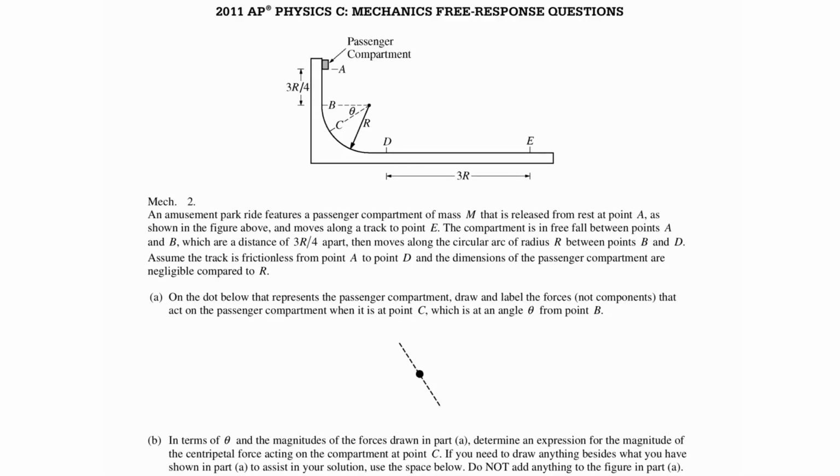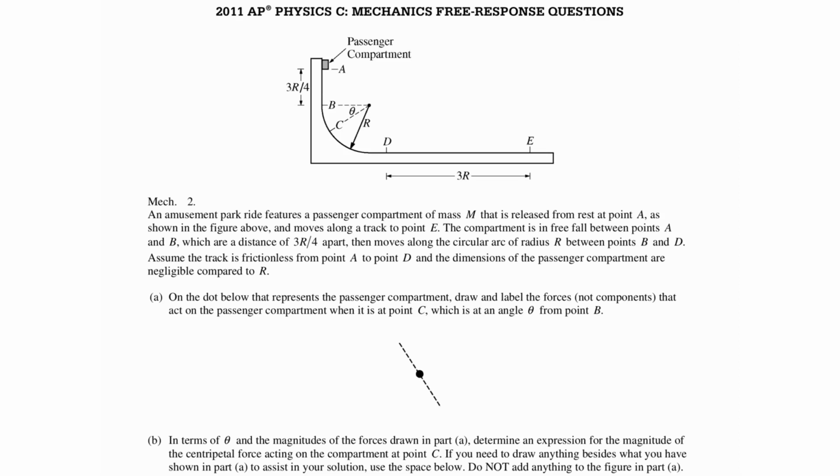This video is a solution to free response question number 2 from the 2011 AP Physics C Mechanics exam. An amusement park ride features a passenger compartment of mass m that is released from rest at point A, as shown in the figure above, and moves along a track to point E. The compartment is in free fall between points A and B, which are a distance 3r/4 apart,